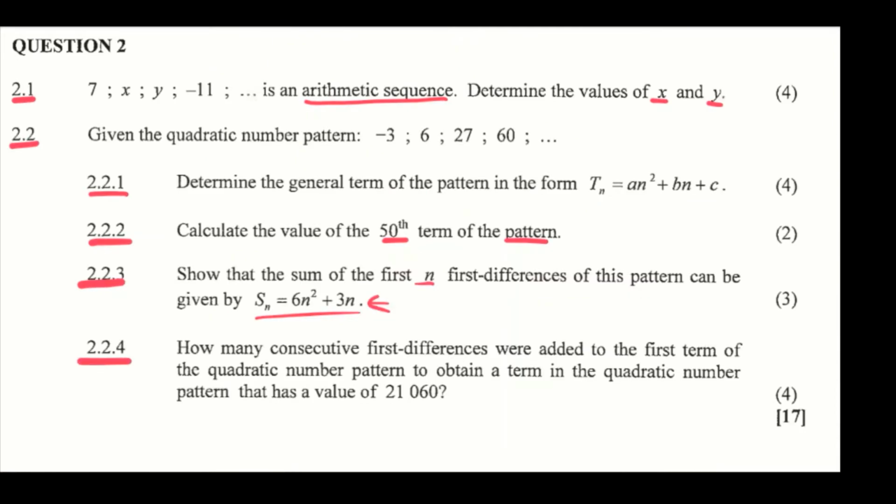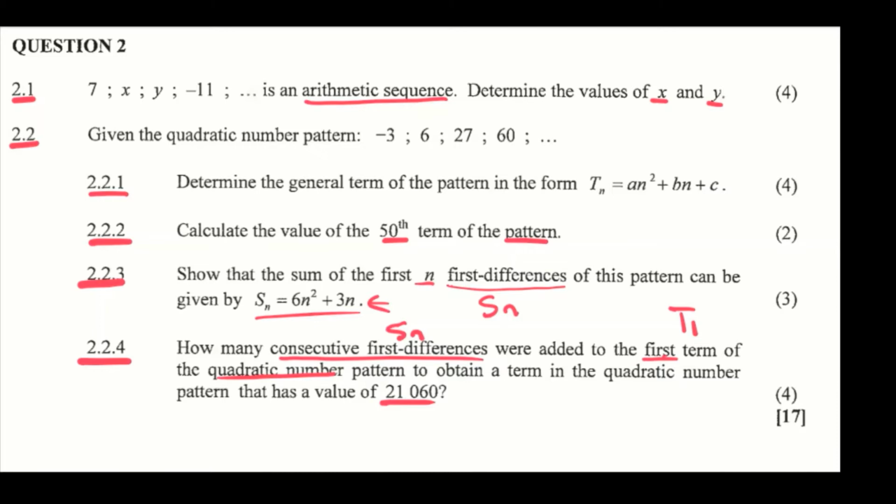Now we're going to do 2.2.4, which says, how many consecutive first differences were added to the first term? How many consecutive first differences? Remember, the first differences we found in the previous question, it was Sn, right? So here we're just going to write Sn. How many Sn were added to the first term? So first term, it's T1 of the quadratic number pattern, to obtain a term in the quadratic number pattern of the value of